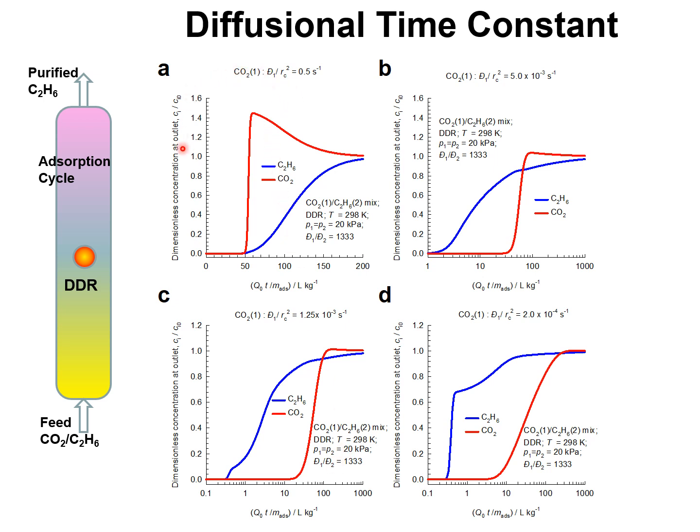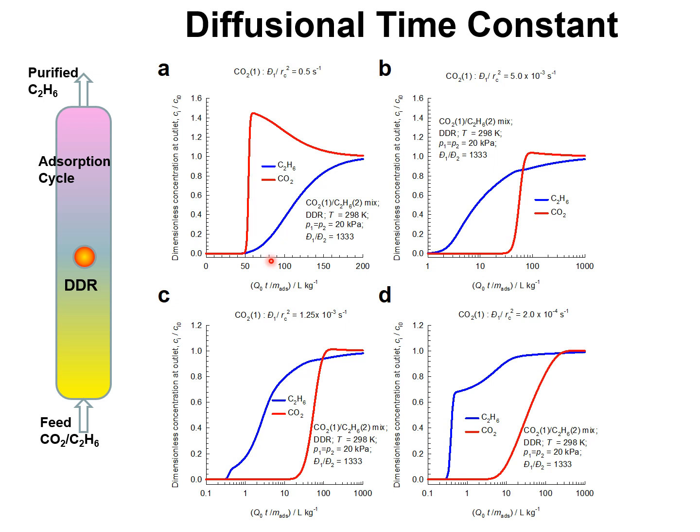Now let's consider this scenario A, in which the diffusional time constant is 0.5 per second. We note that CO2 breaks through earlier than ethane, and therefore purified ethane cannot be recovered in the adsorption cycle. The diffusional influences are not strong enough